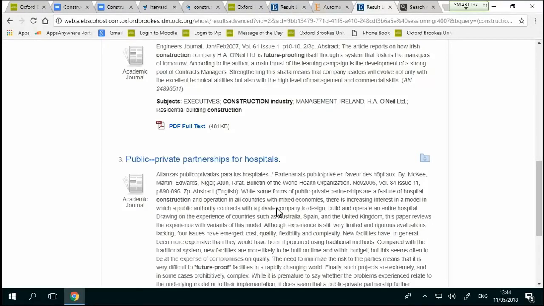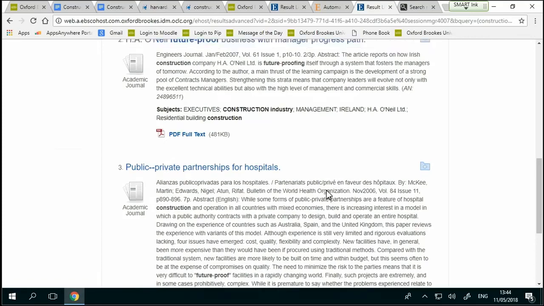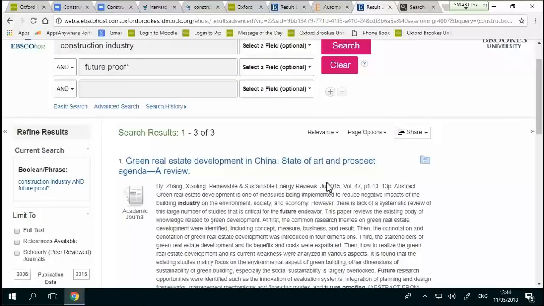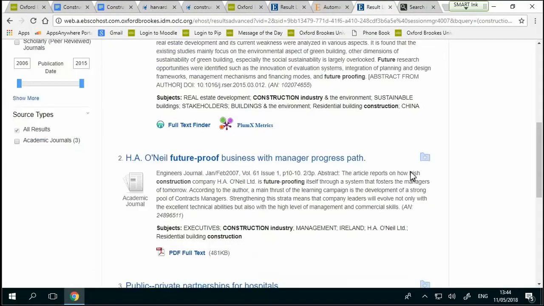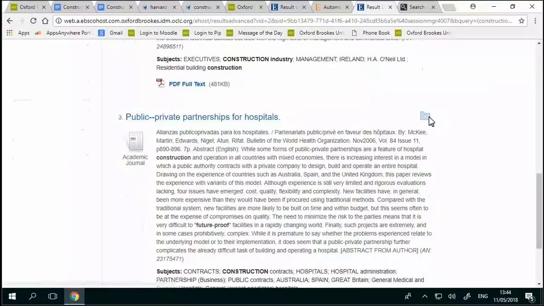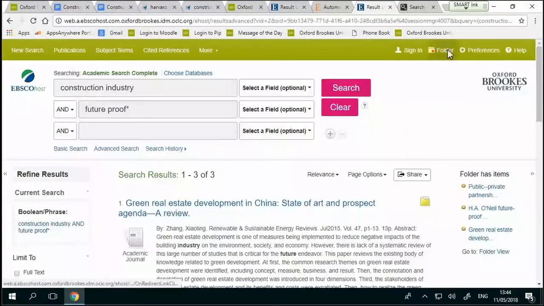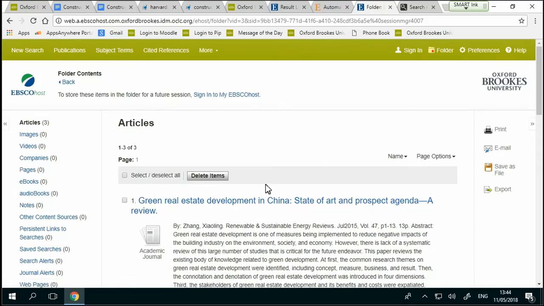These probably won't appear on Discover if you did it for them with some of these journals. So it's worth looking at some of these, as they work slightly differently. We can then just add those to a folder, click on add, and then go to the folder at the end, and then you can select all and then email them or print them to yourself